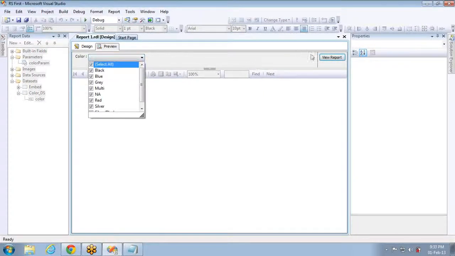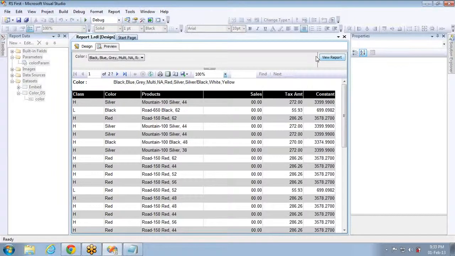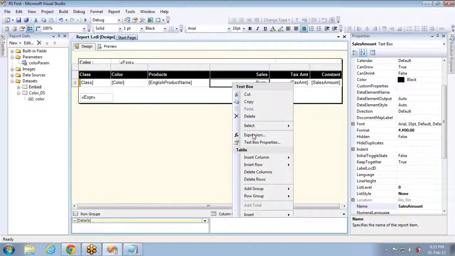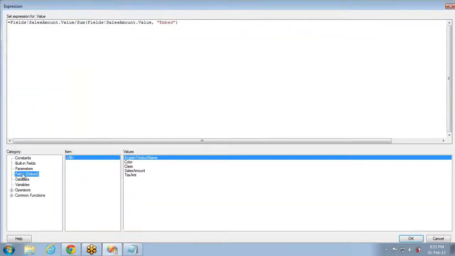If you want to calculate percentages and all, if you want to get the total sales, you have to make use of the data sets option, or if you want to show line items like this, then you have to go for fields option. That is the only difference between data sets and fields, and data sets are useless in 99% of the cases. People don't use that, and the most frequently used one is fields. Okay, let me remove this now. This is going to negligible value. That's why it is showing 0.00.